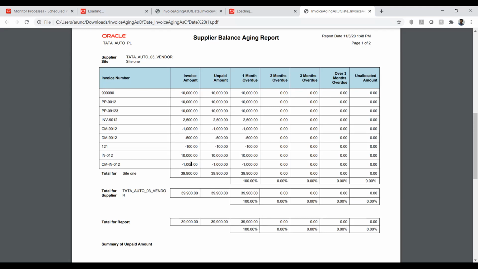So tell me, in what circumstances would a supplier raise a credit memo, and in what circumstances does a customer raise a debit memo in AP? Yeah, it can be either way. Give me some example. Okay, so let me take this one.